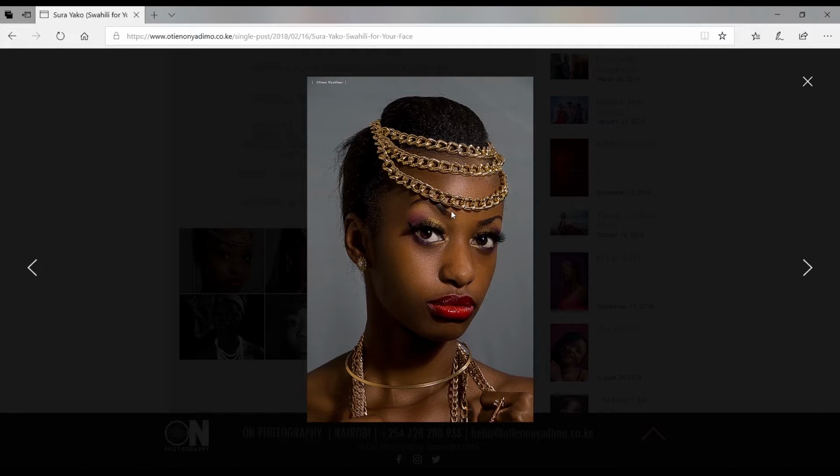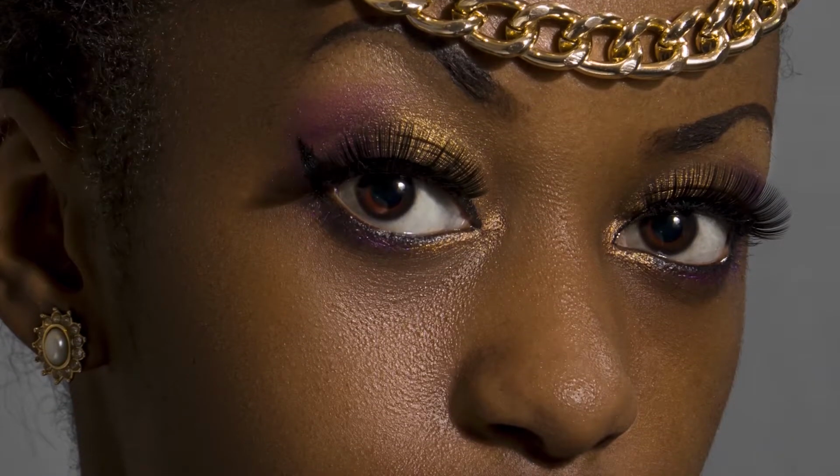And also, if you look at the before images, there's a lot of things that I couldn't control using frequency separation. Like the shadows, I couldn't control where I wanted the shadows and where I didn't want the shadows. What it did was blend the shadows and the highlights. So the shadow is still there, but it's blended, so it looked nice. It looks kind of, in quotes, professional. But